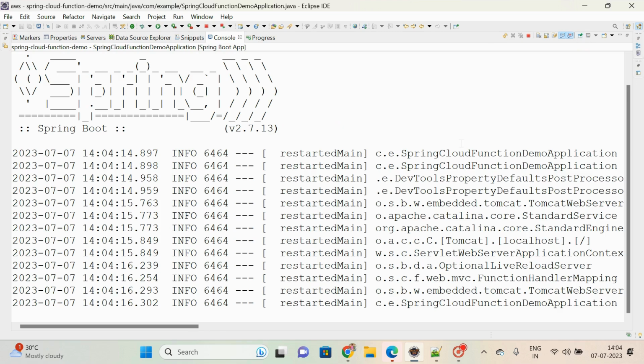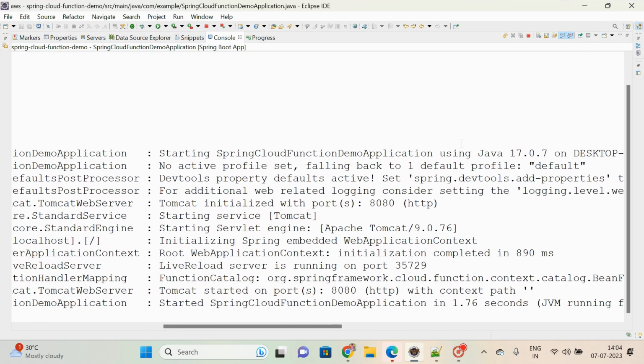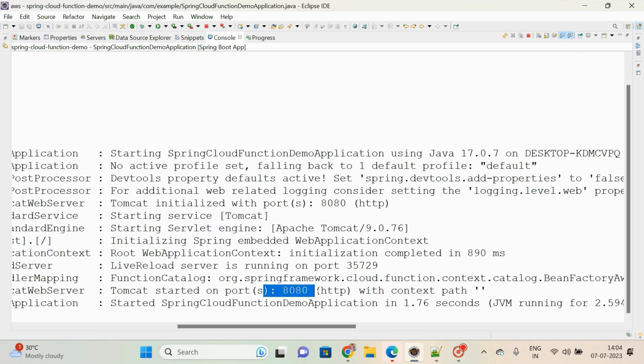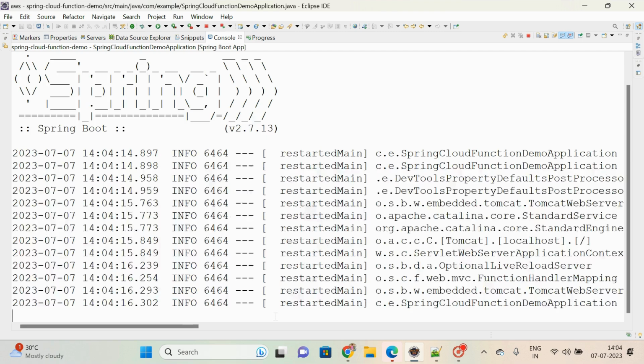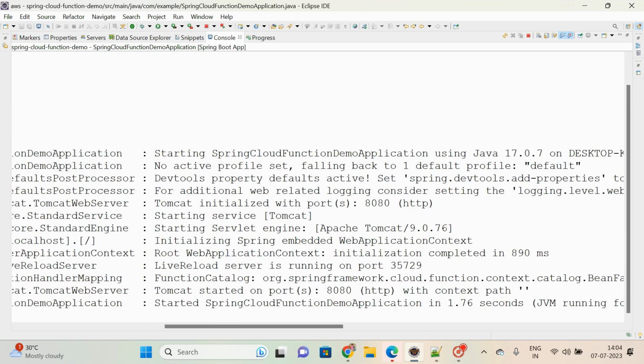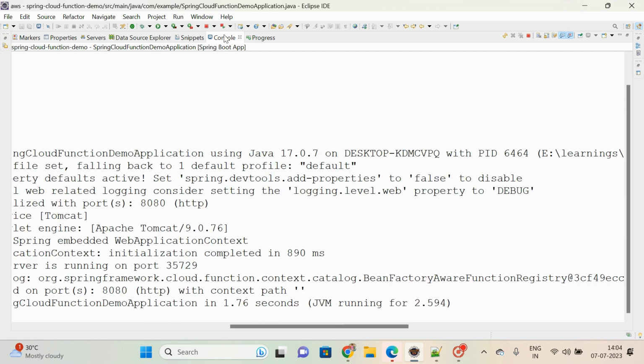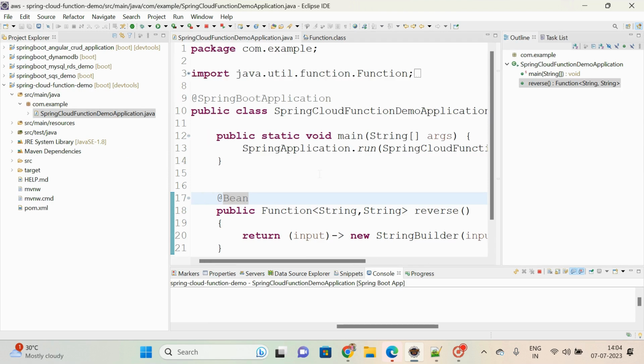Yeah, it got started. See here, it got started. Tomcat started on port number 8080, started Spring Cloud Function demo application. But we don't have any URL, but the method name only I can use as a REST endpoint URL itself. So to run this, what I have to do is,